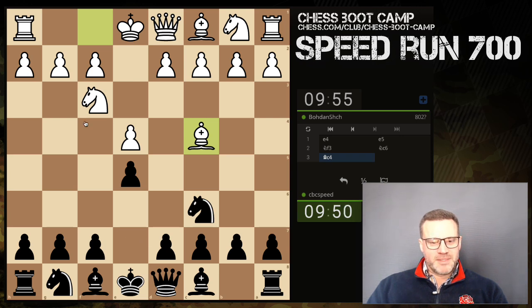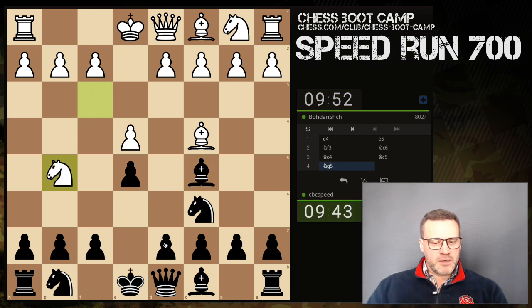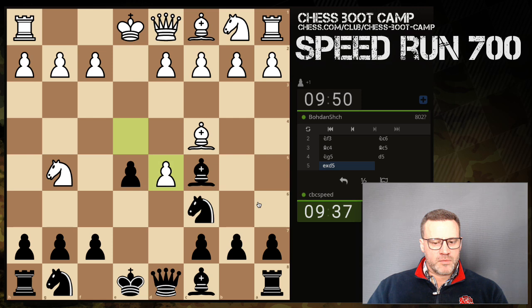Now, there is always this kind of fried liver threat. So I'm going to play this, and right, and now in comes the knight, obviously. Now I can play this move. And he takes, and there's no Traxler here, but